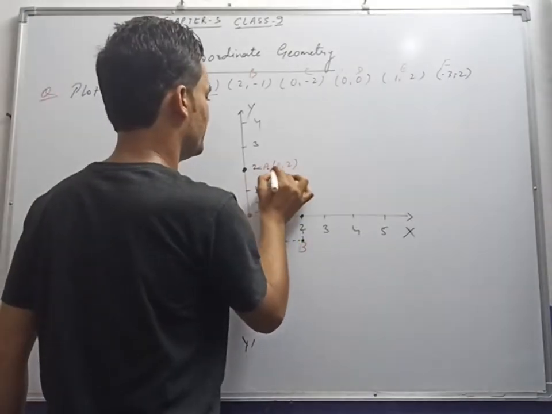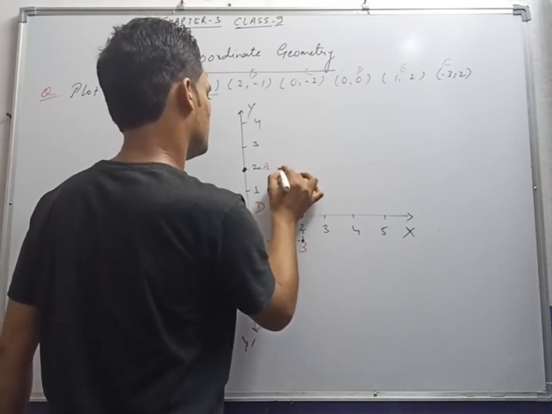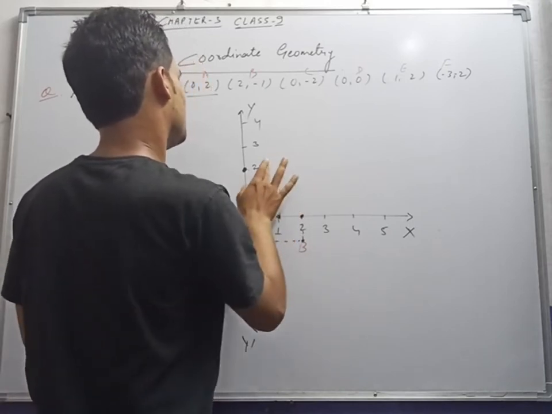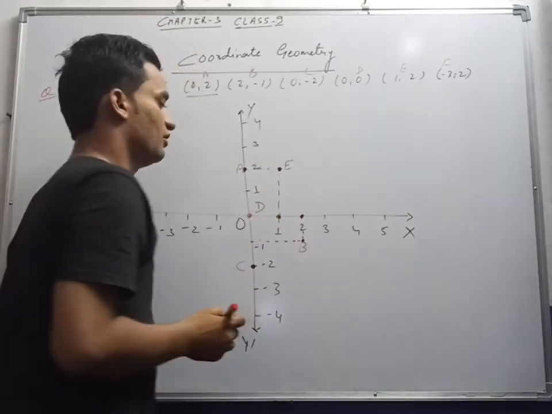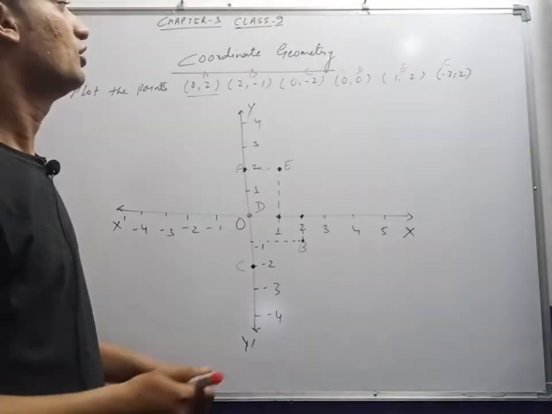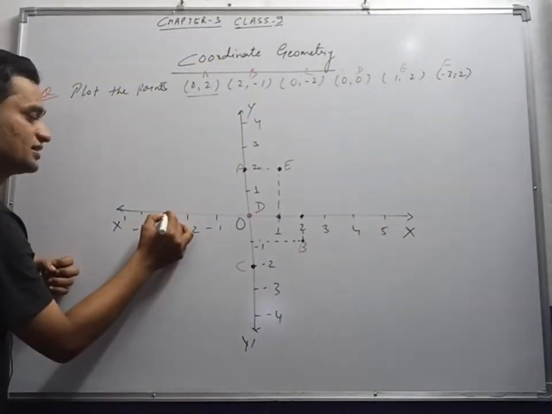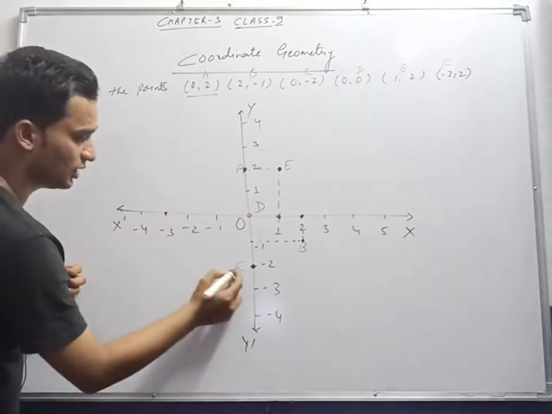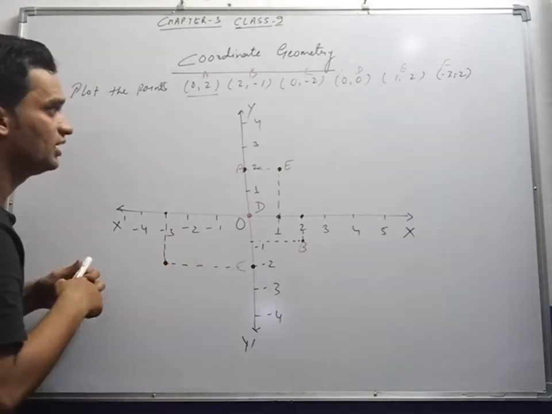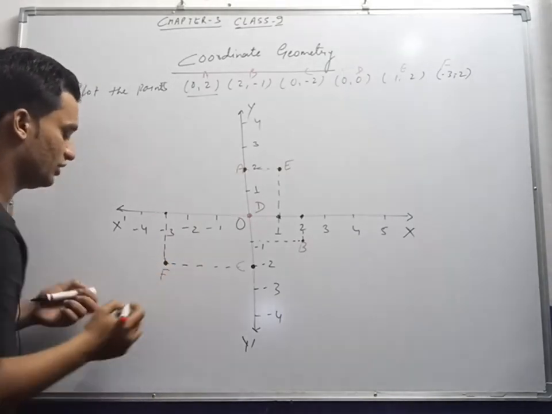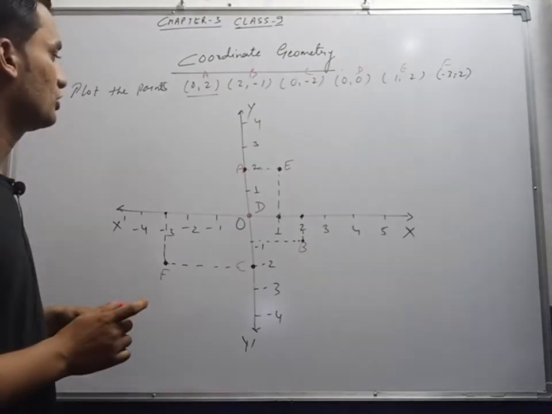It means somewhere here. So I am erasing this. And this A I am writing here. This is A and this is the E point. Okay, 1 and 2. Value of y is 2. Then (-3, -2). It means firstly -3 on the x axis we reached here, then -2 downside. Surely this will be the F point. So this is the way of representing or plotting the points.